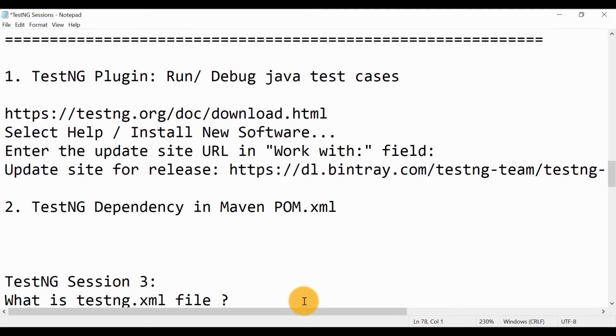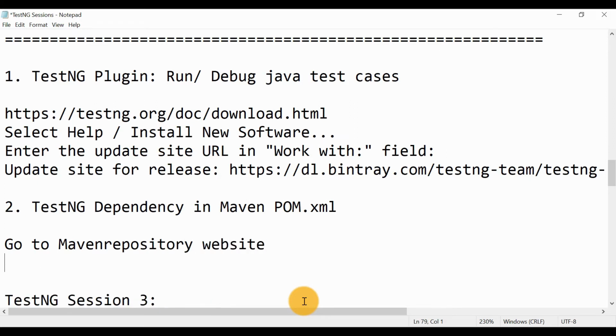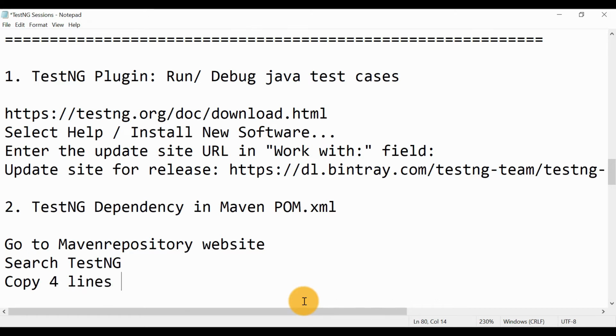First you need to go to the Maven repository website, then search TestNG, then copy I think 4 lines and paste in pom.xml.